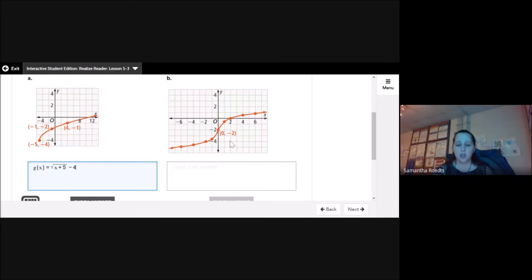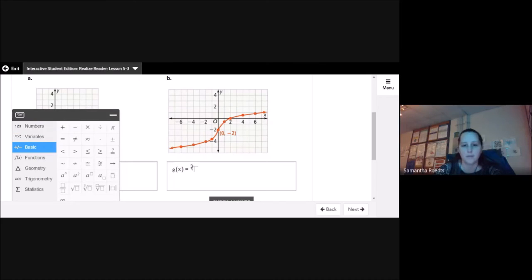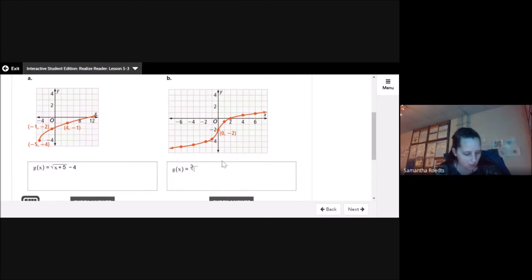All right, b is a cube root. You can see by how it moves, okay? So it's moved from 0 to -2. So that means it shifted down 2 units. And I have, so let's see, g of x equals the cube root of